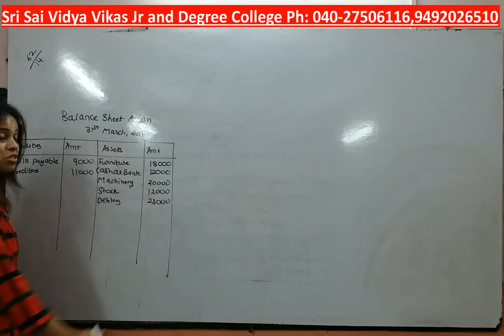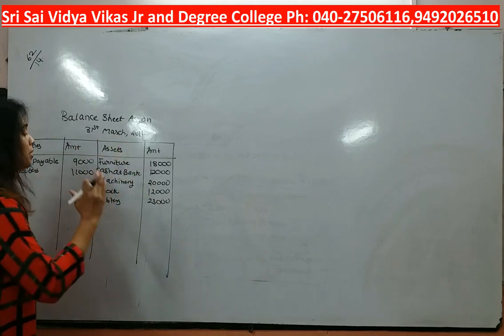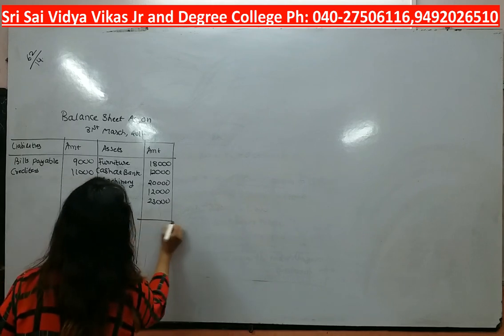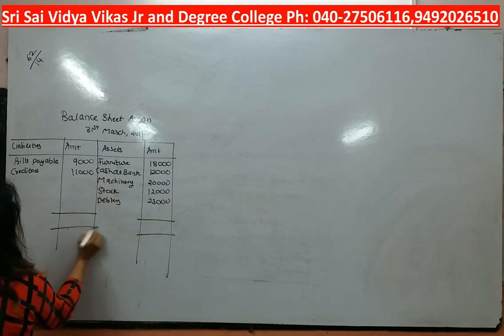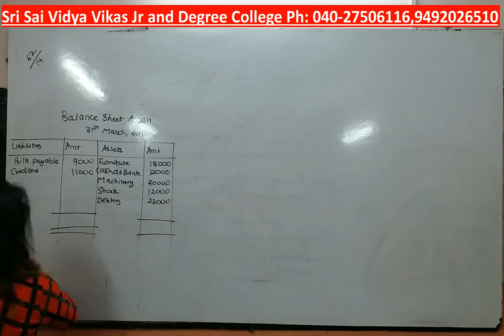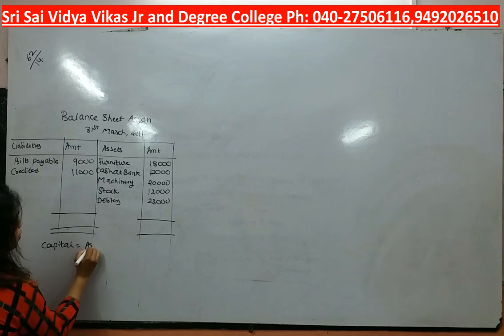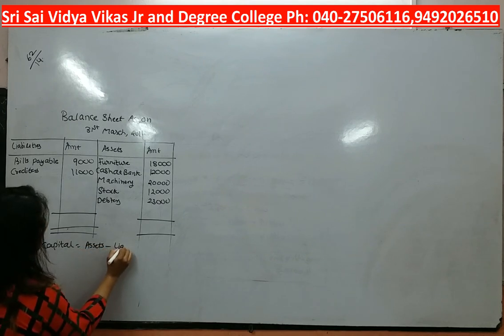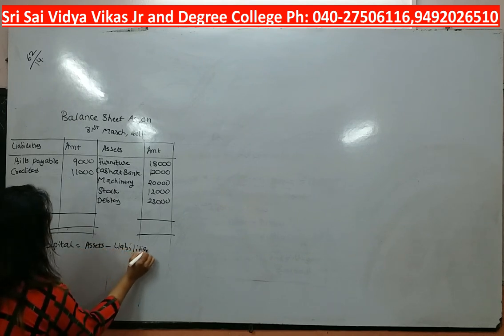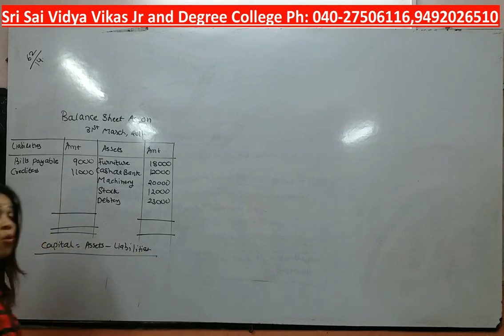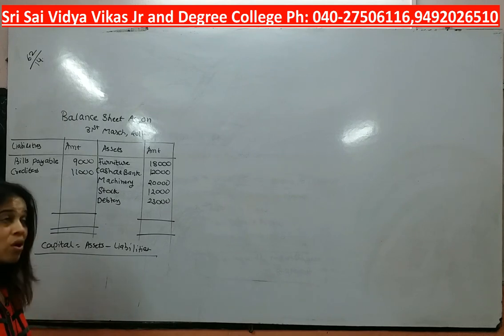With the help of this position, we need to find out the capital at the end of the year. What we have done is just distribute items between assets and liabilities. Now students, understand how you will find out capital. Capital is equal to assets minus liabilities. In the last class, for capital they used one more phrase, that is excess of assets over liabilities. It means that whenever you want to find out capital, assets are always going to be more than the liabilities.